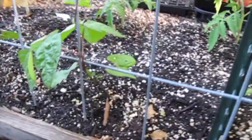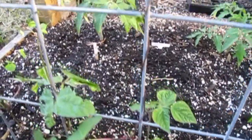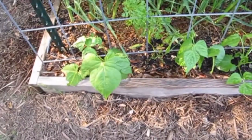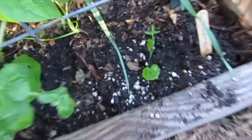Anyway, take a look at these purple potted pole beans. They're starting to curl up the trellis. All of them are taken off now. This one's all the way up here. And then on this side, these ones here are starting to also throw off a little runner to start crawling up the trellis. I planted a little cucumber in there,